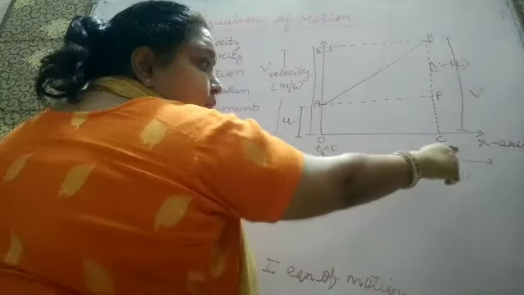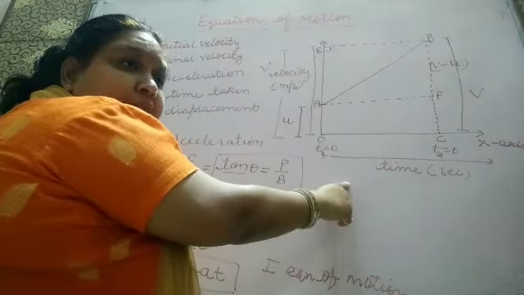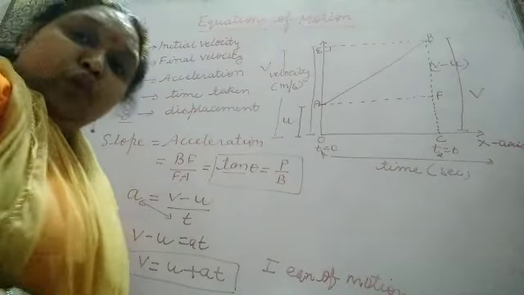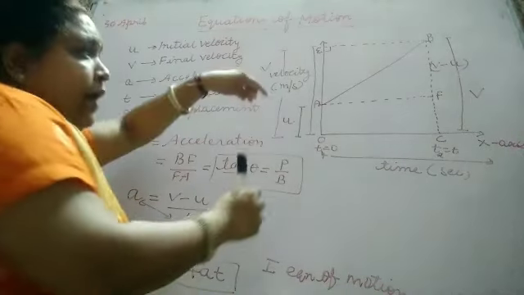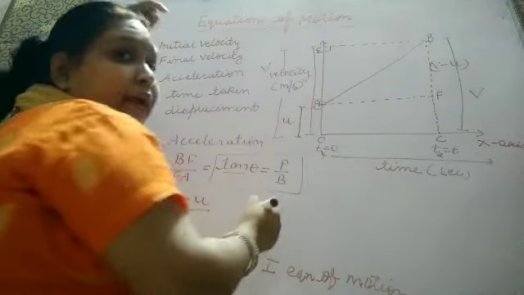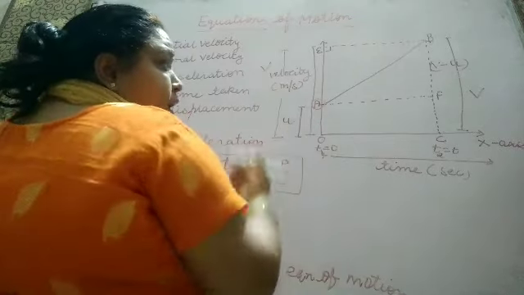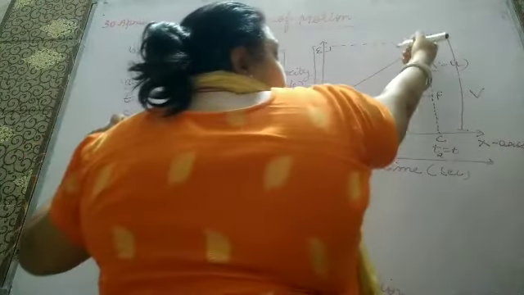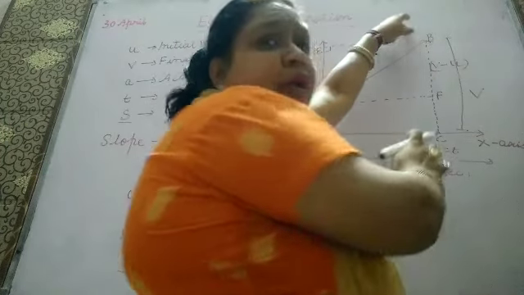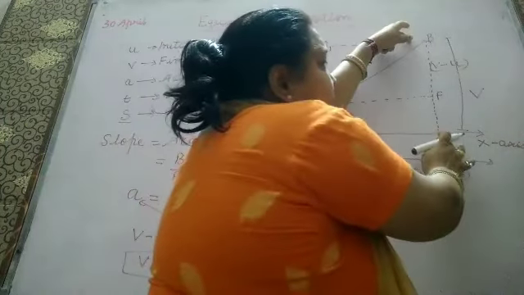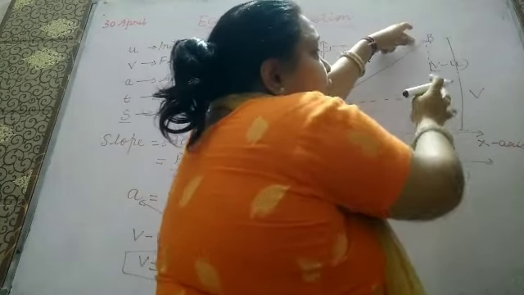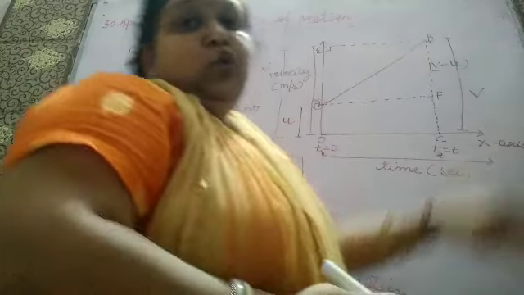Okay, then we have to draw one graph. Take x-axis and y-axis. X-axis will represent time and y-axis will represent velocity. Okay, here I have assumed that the object starts from A with initial velocity u and reaches B. This full velocity, this BC, will be V. And if I subtract FC from BC, then I am going to get this portion, that is V minus U.